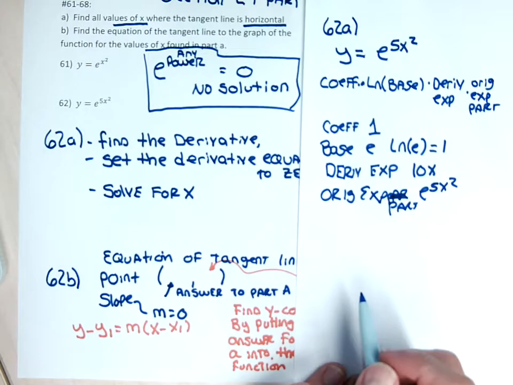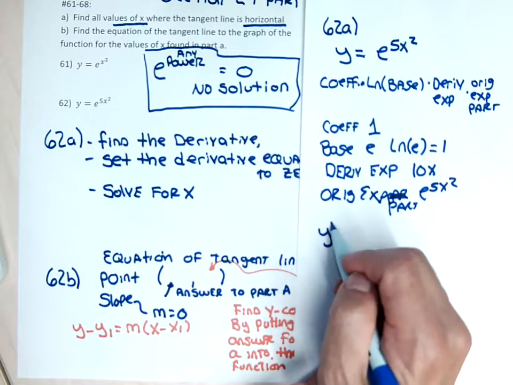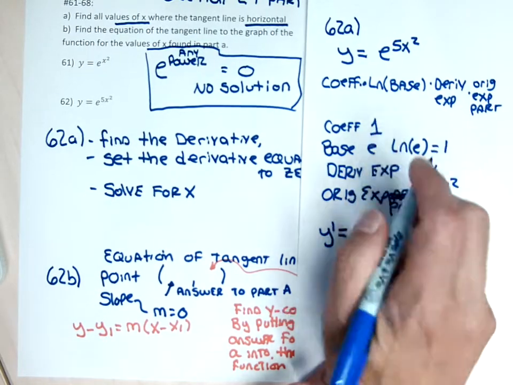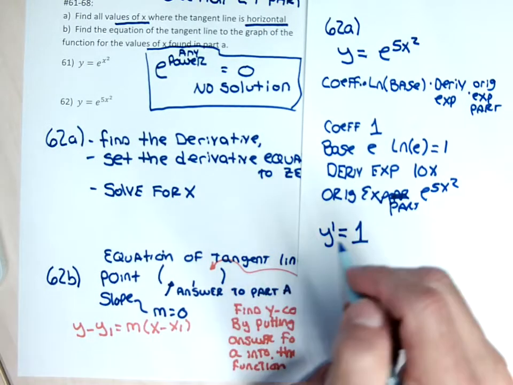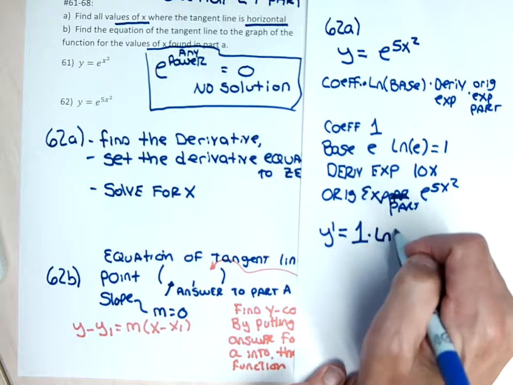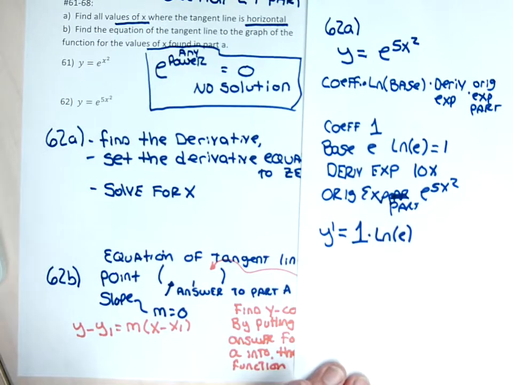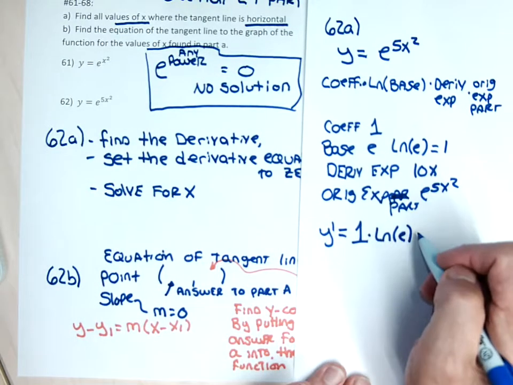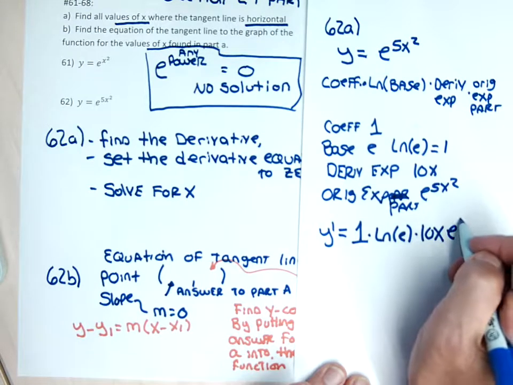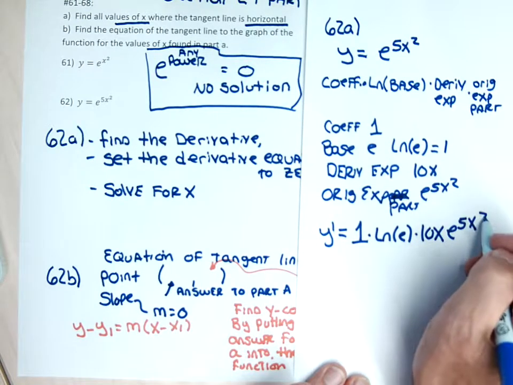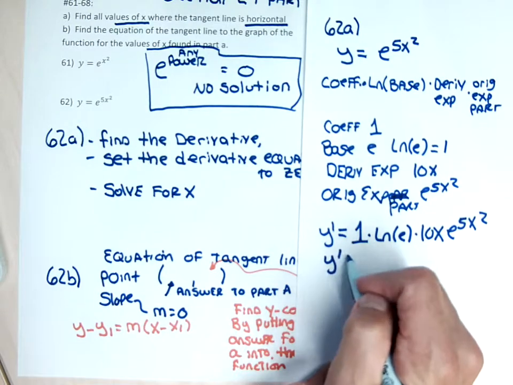So when I go to write the derivative down for part A, I'm going to go y prime equals coefficient 1. I shouldn't write things that are equal to 1. Times natural log of the base equal to 1, shouldn't have written either of those, times the derivative of the exponent, 10x, times e to the 5x squared, the original exponent part. And so